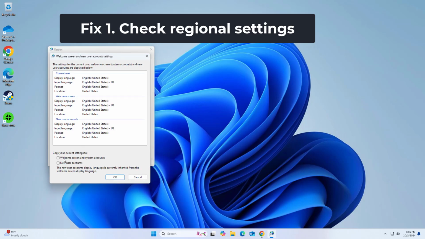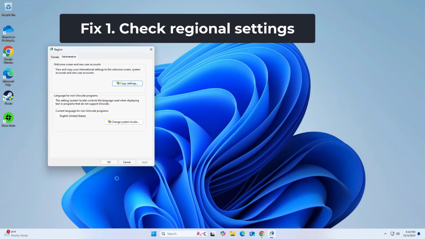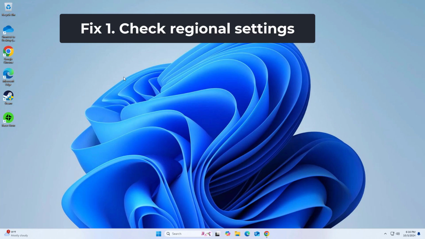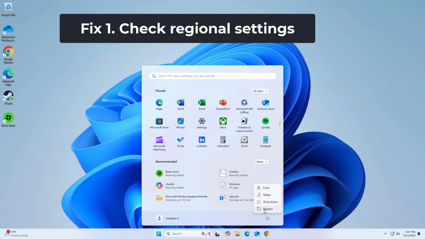Under the Copy your current settings to section, mark the Welcome screen and System Accounts checkbox. Click OK everywhere and restart your PC. If that didn't work,